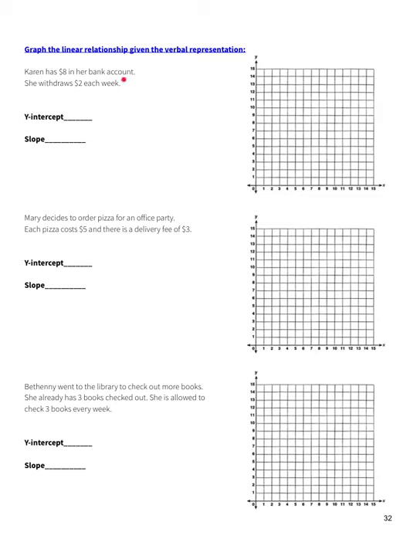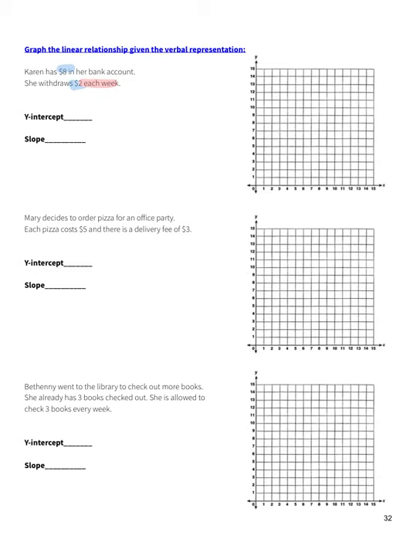Karen has $8 in her bank account. She withdraws $2 each week. So the first thing I need to do is determine my relationship. And I can see that I have dollars, $8, $2 each week. Remember that each kind of helps us find that relationship, identify what's going on, what's happening every time. So now that I've figured out what two things I'm comparing, dollars and weeks,